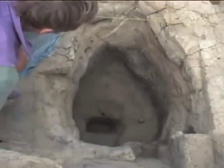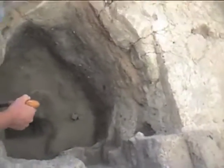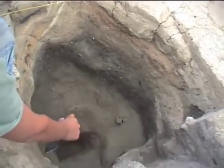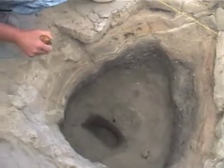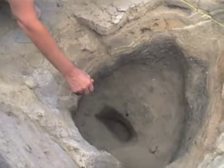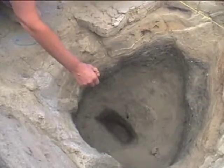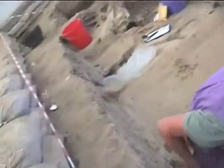The other thing that I wanted to point out, if you can come over here, Mira, look at it from this direction. This layer here. Can you see that? Yeah. The other thing that we'll see when we look inside the burial pit is this layer here of two layers of plaster bordering